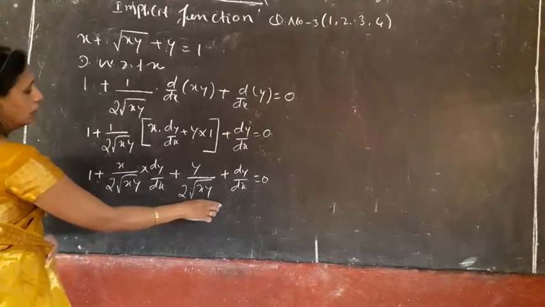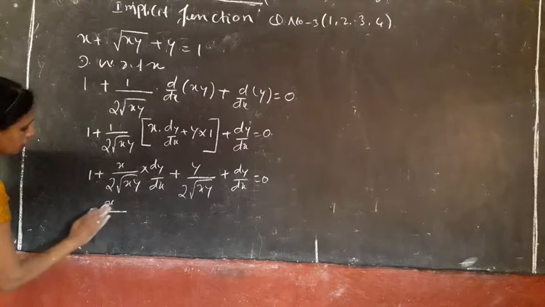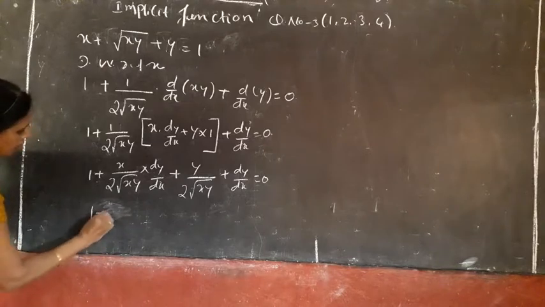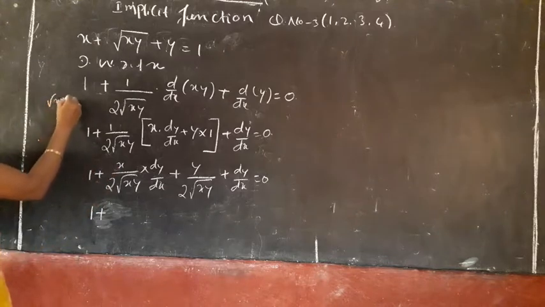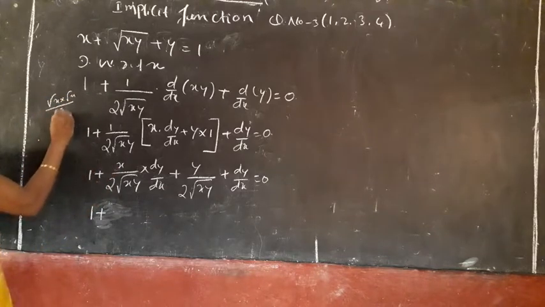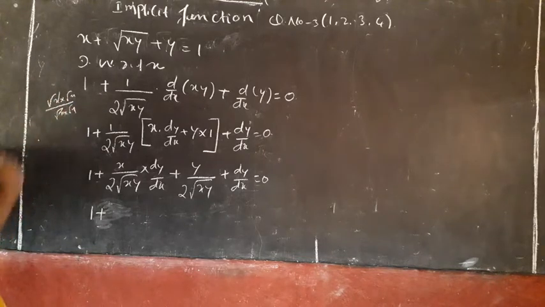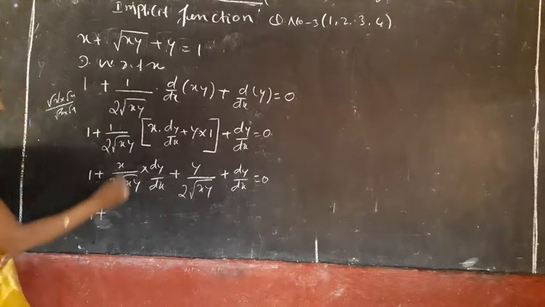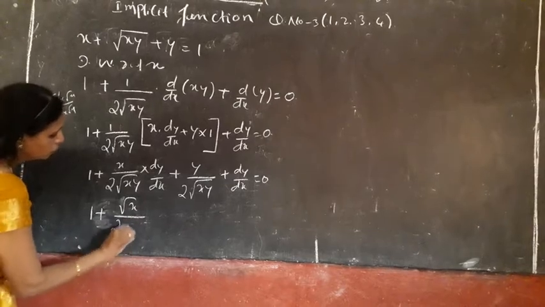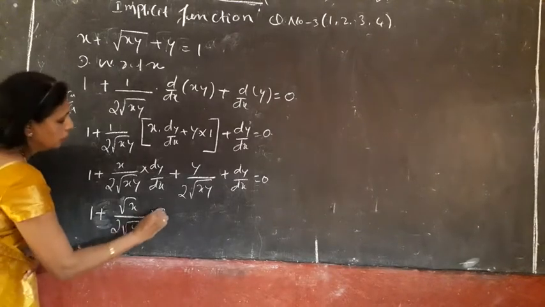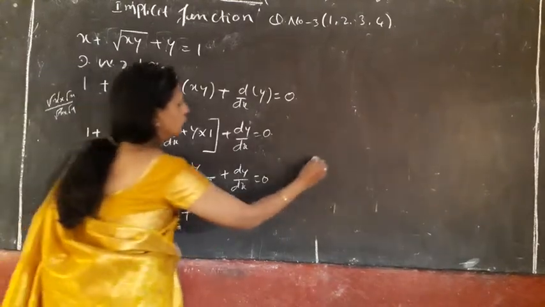Now collect the terms dy upon dx. Before going to write that, we can write this example. Here it is x, we can write x into root x into root x into root y. One root x gets cancelled, we get root x upon y. So write here root x divided by 2 root y into dy upon dx, plus here also,